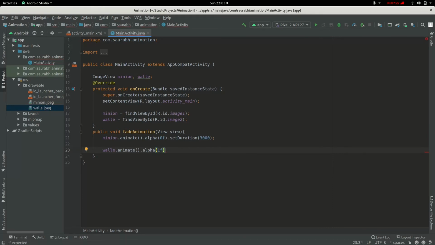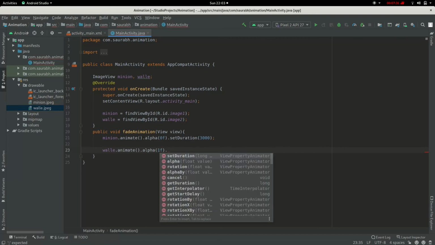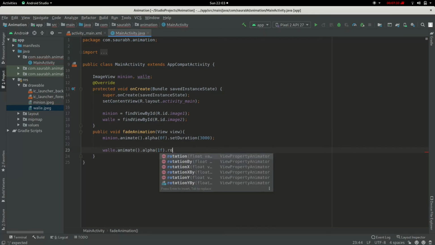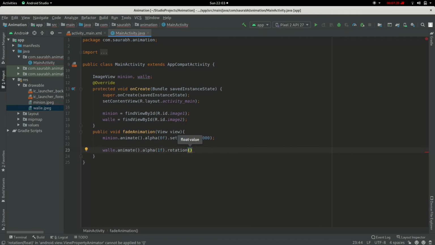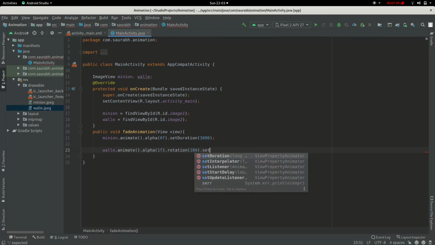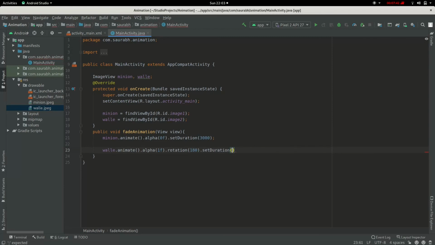We want it to be completely visible, and we can bring it up in a rotation fashion, so that let's say we want this image to be inverted by 180 degrees, and we set the duration the same, 3000 milliseconds. So let's run our app and we will see. Hope everything works out fine.